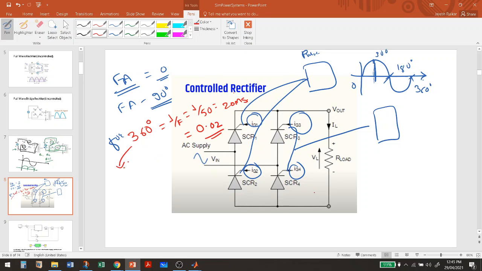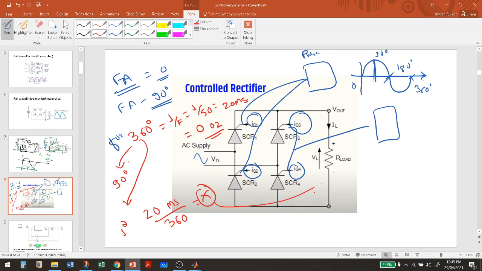Then for 90 degrees, we need to convert 360 degrees to 20 milliseconds. 20 milliseconds divided by 360 is for 1 degree, and whatever number comes, that will be x.